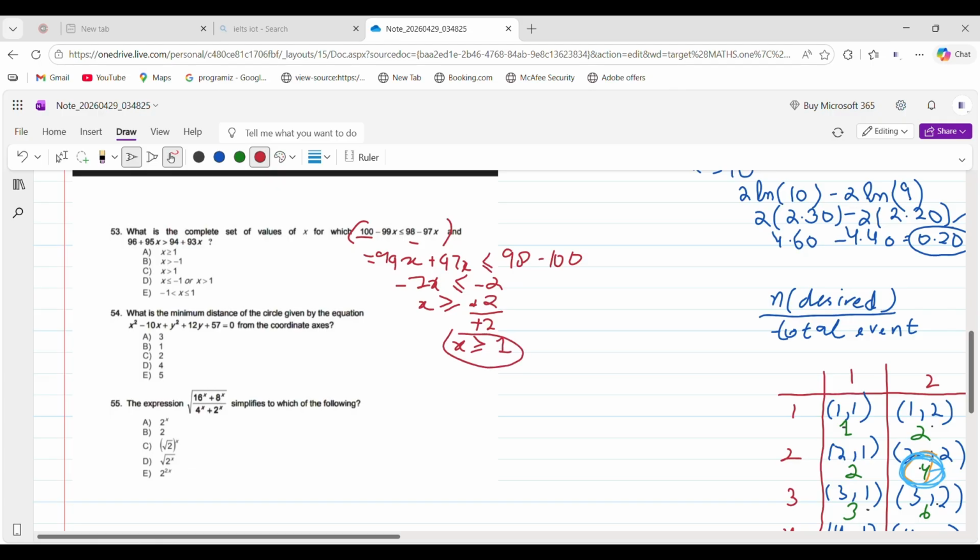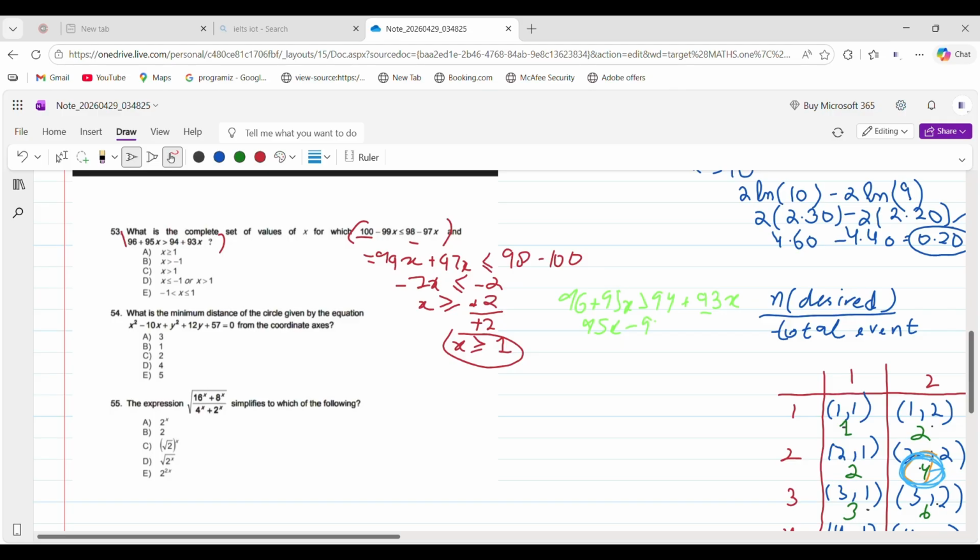So I've got my one solution for now. Let's go and solve another inequality. And this inequality is basically, now we have 96 plus 95x is greater than 94 plus 93x. Okay, now we have to find, basically if I take my 93x on the left hand side,